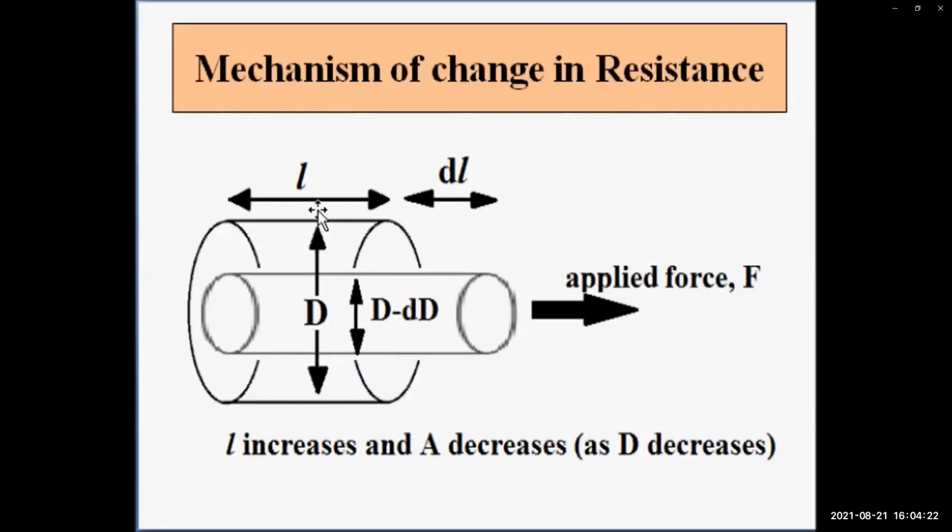In that case, there would be a decrease in the resistance, as both decrease in length and increase in cross sectional area support a decrease in resistance. So, these are the normal things which happen in a strain gauge. There will be either compression or expansion. In case of expansion, there will be an increase in resistance. In case of compression, there will be a decrease in resistance. Why? Because